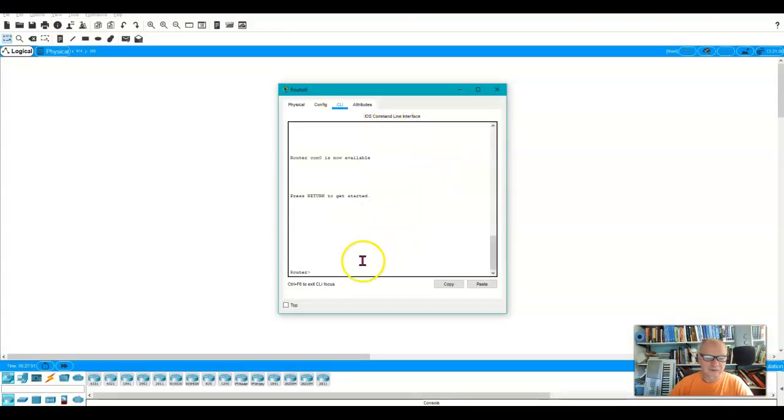So here I am in the command line, and you can see that this is the initial state of the machine. It's just got the host name here and then the greater than sign. This is user exec mode. User exec mode is the default mode, and it doesn't really allow you to make any changes in the router. It does allow a few show commands so that you can poke around and see some of the configuration, but you can't do anything to the router at this point. So this is, of course, the mode you would want it to normally be in, so people can't change things.